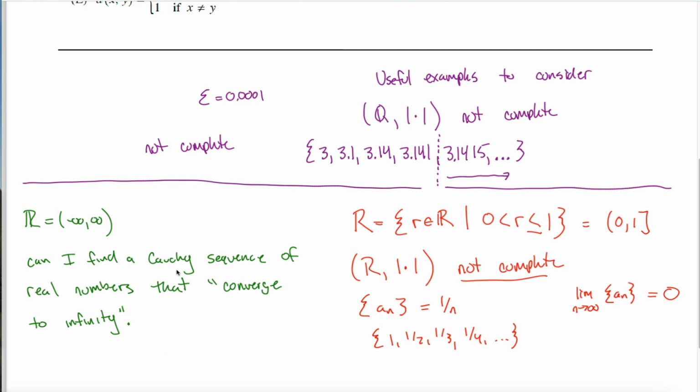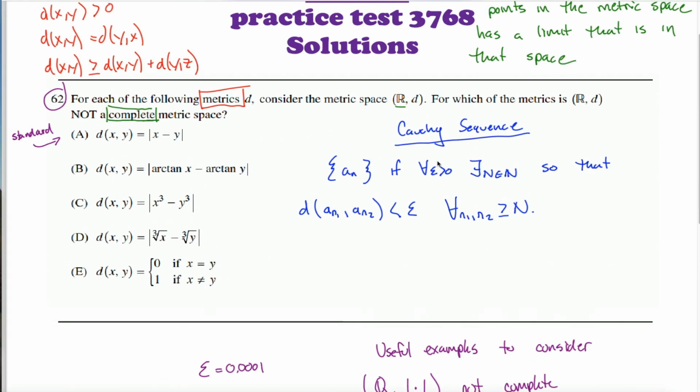So if the limit of my Cauchy sequence is infinity, then that limit would not fall within this space, and therefore my space would not be complete. And so you might be like, wait, that's going to be really hard. How can my sequence possibly be Cauchy if the limit of my sequence is infinity? Well, I think the trick is to really understand what a Cauchy sequence is informally. Informally, a sequence is Cauchy if the terms of that sequence get arbitrarily close together. But remember, close together changes depending on our definition of distance.